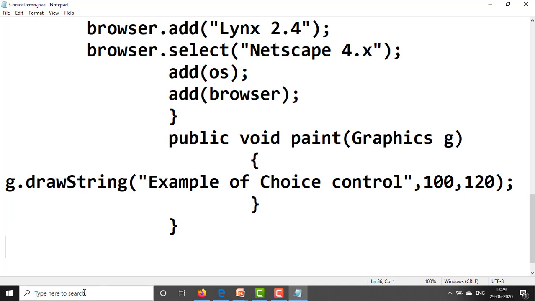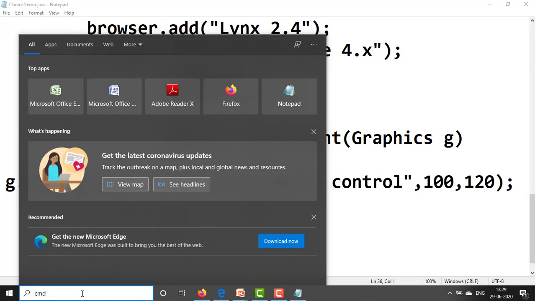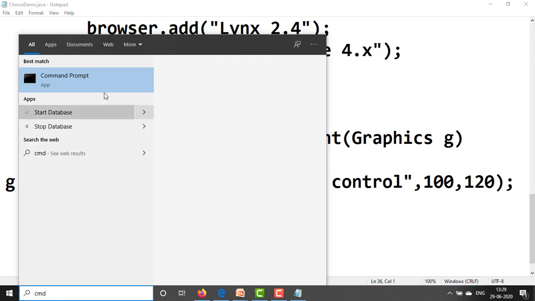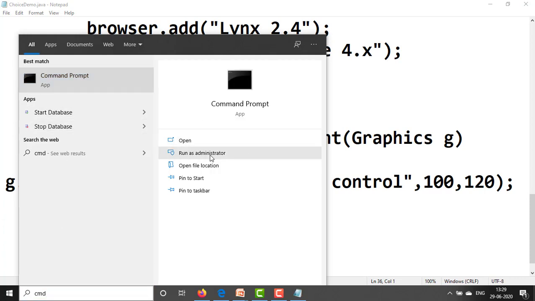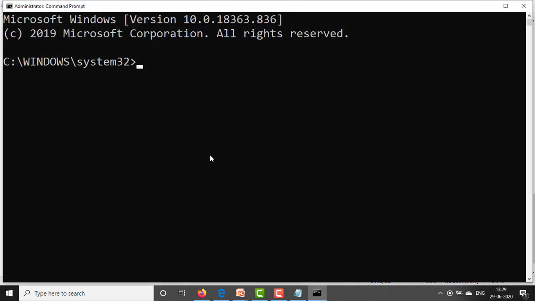Now compilation for this program. Go to the command prompt, start, command prompt, cmd, open this. cd d colon, cd ajp. The D colon ajp folder, and in this check whether the javac path is set or not.